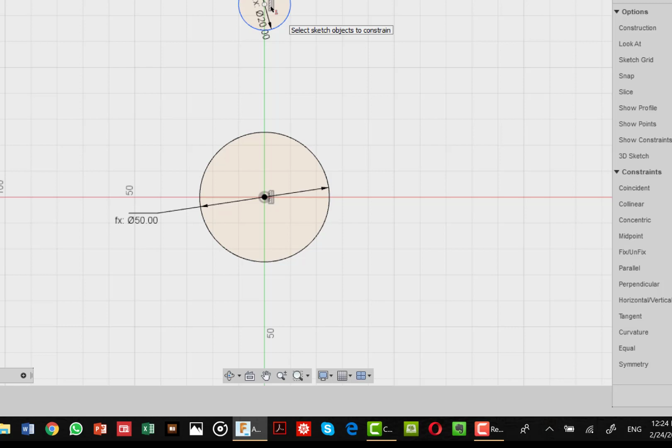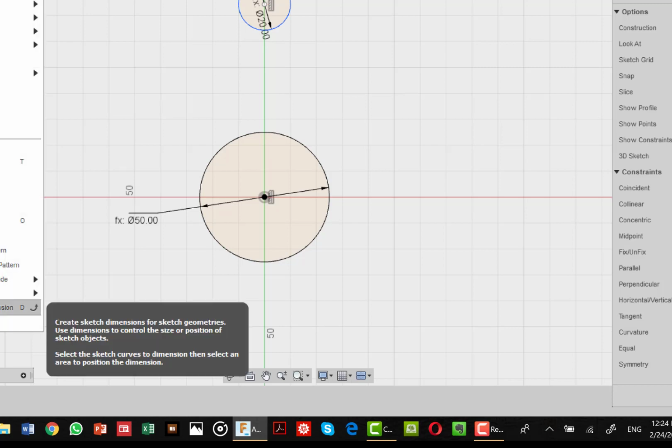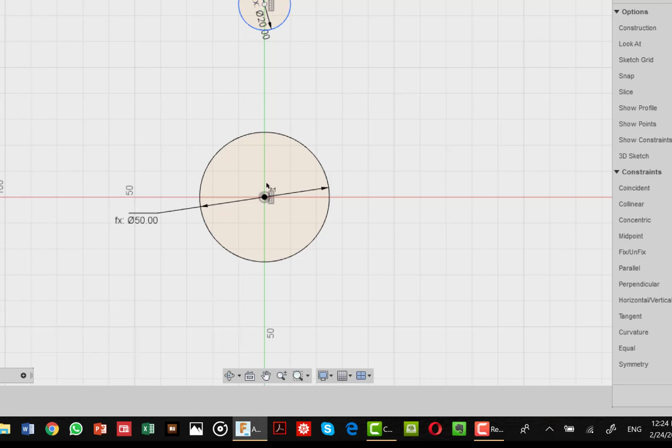Now, next thing we do, we're going to give a dimension of the distance between the two pins. We'll take the dimension here, from here to here, and then instead of giving a number, we're just going to use what we have defined before, which is the distance, dist pin.